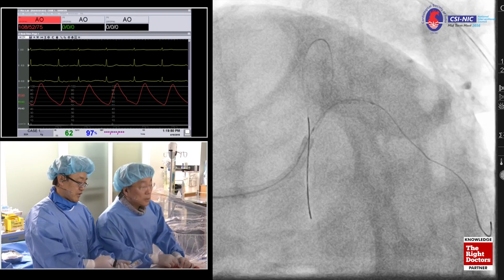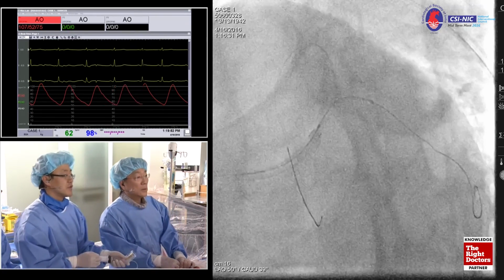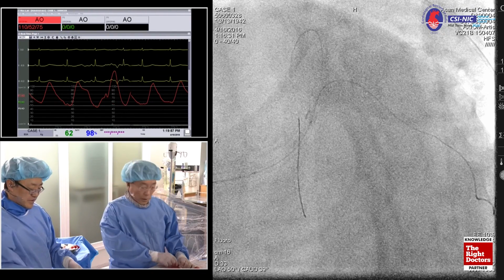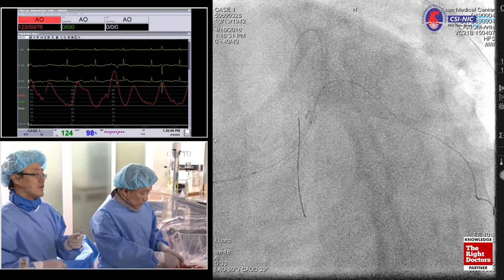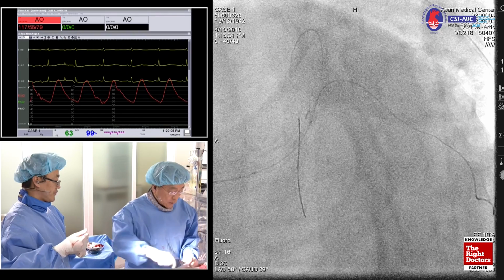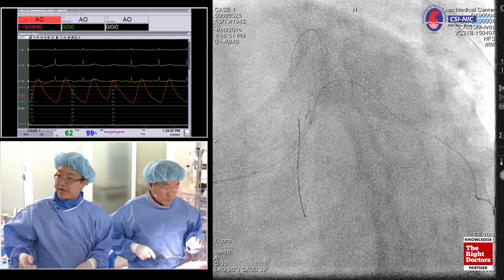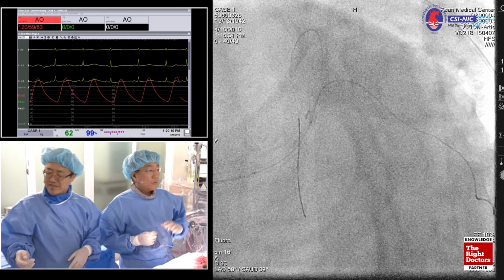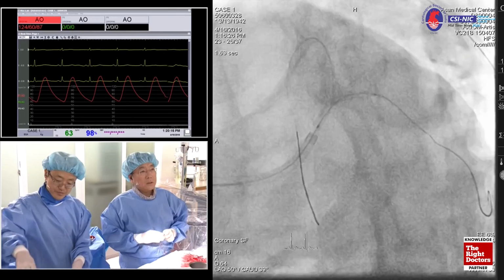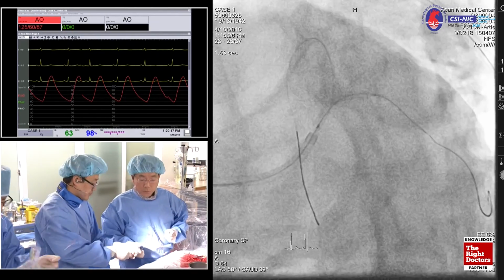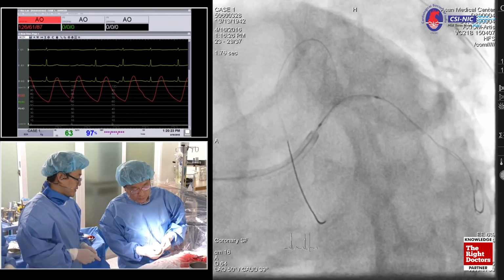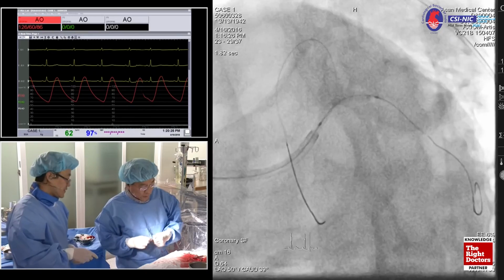Is there any other indentation? No, no indentation. So I believe it's quite easy to pass the stent for this one. Okay. 15, yeah, 3.0. We want to choose a 3.0 based on the IVUS findings. There are big ones. So 3.0, Giants Alpine, and length 15, right? 15 length.